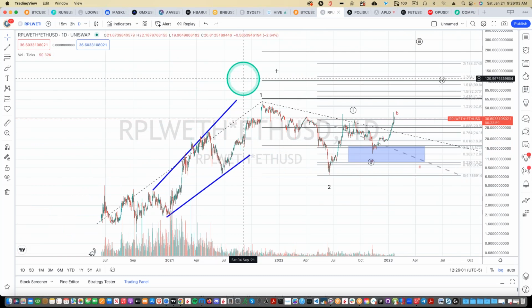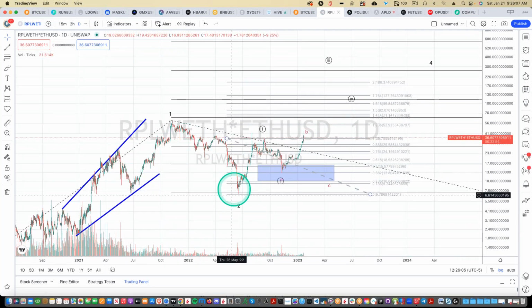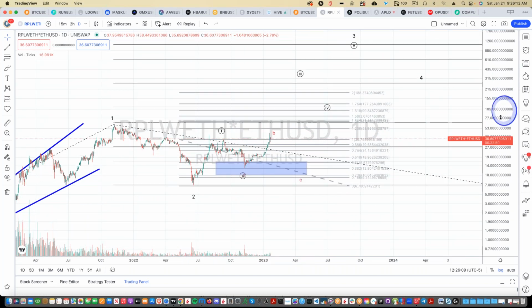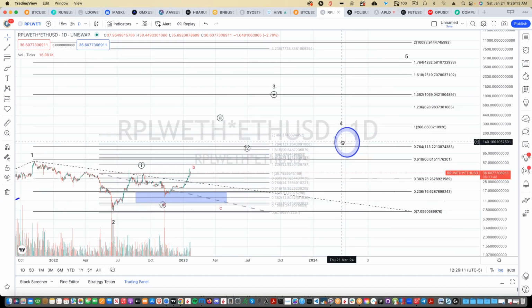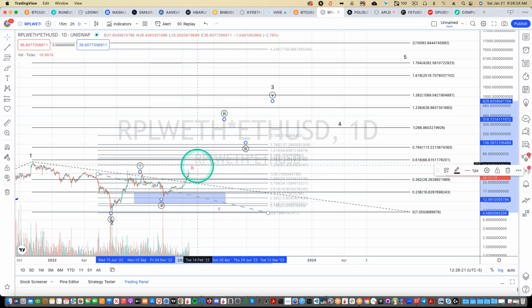RPL, again, questionable wave one back here for sure, but a pretty decent 1-2-1-2 as long as it holds over $10. That gives us a crazy moon count. This is 3 waves so far, so it possibly could top in B. So what's the difference between B and the start to this 3? 5 waves or 3 waves. Right now it's 3 waves. Again, I have a tiny position, so give me a pullback, and if I don't get one, I don't. But